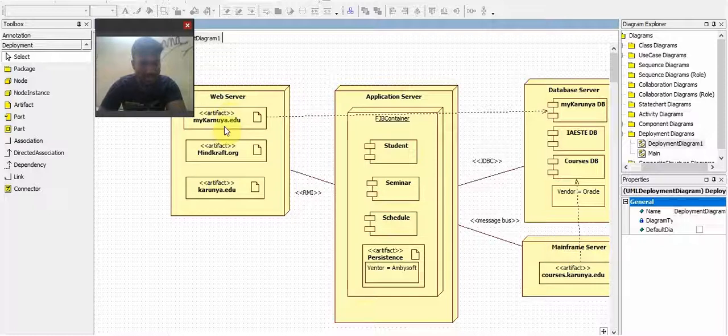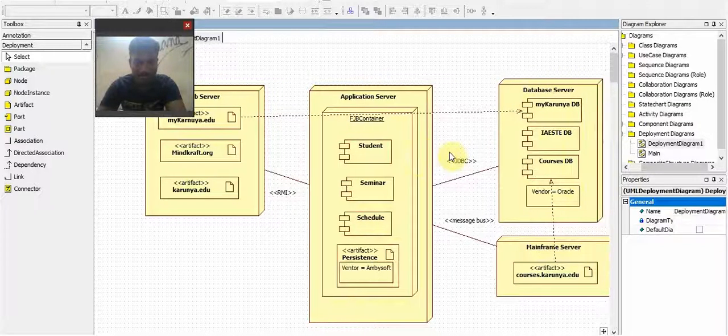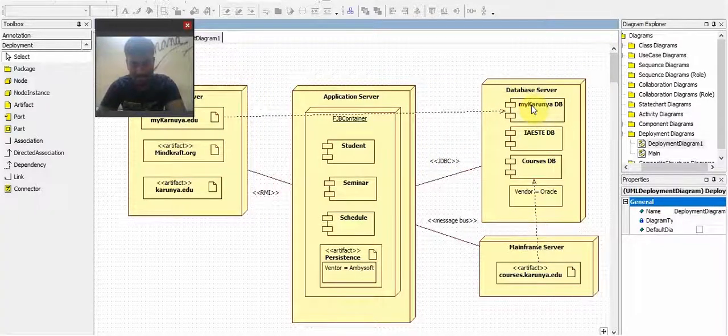Then the web server contains an artifact: mykarunya.edu, minecraft.org, and karunya.edu. Mykarunya.edu, as we know, is used for checking our attendance, fees dues, subject registration, faculty registration, and medical leave status. For all this purpose we are using mykarunya, and it is connected with the database server's mykarunya DB. All the details will be stored in the database